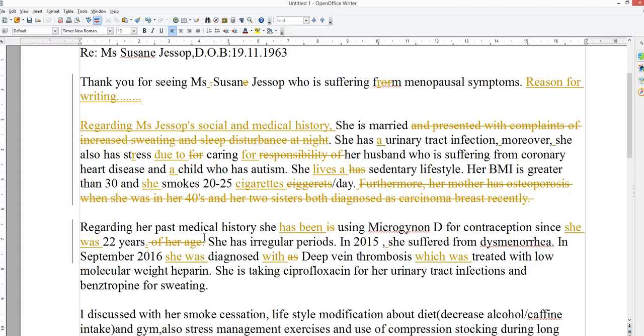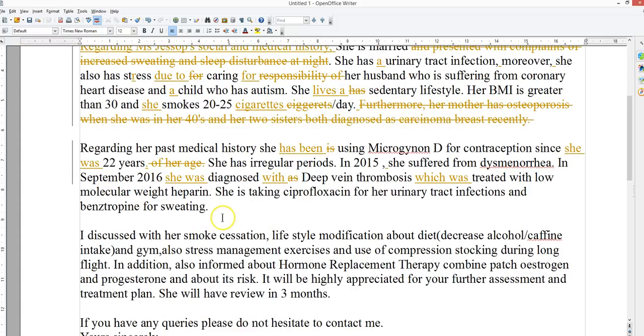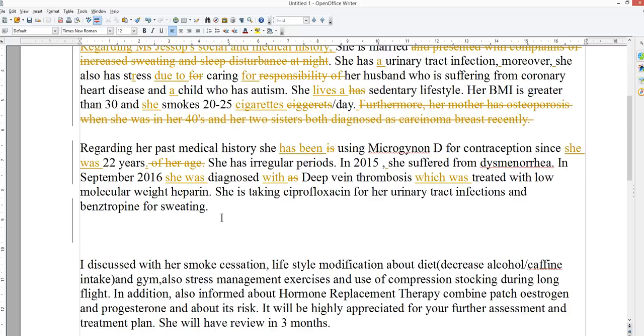Put, as we have done here, the history first, the background to the visit, and then, so we've got the history here, so then you do something like, let's see, Miss Jessop presented on, was it the 12th of the 1st, 18, complaining of, oh, I'm sorry about my typing, it's a little bit bad. So